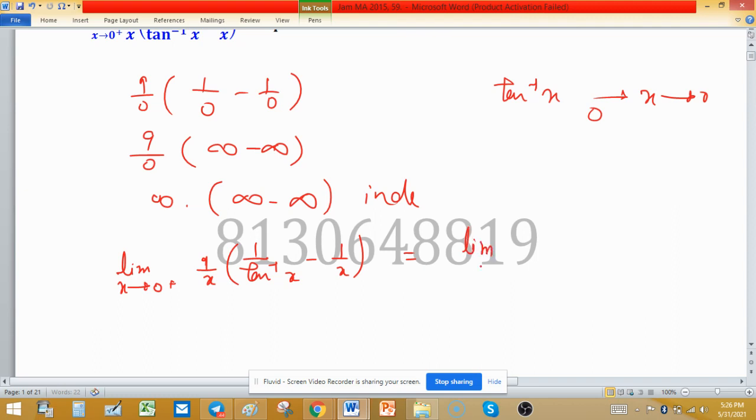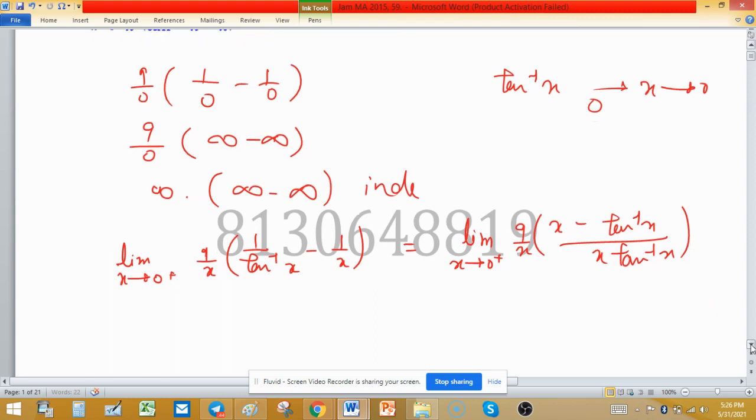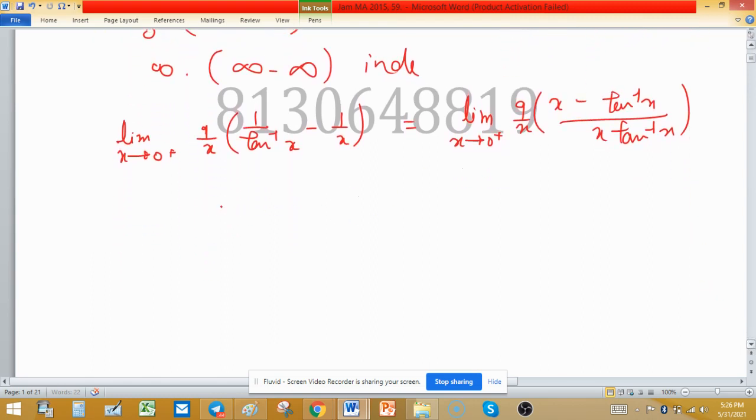So limit x tends to 0 positive, meaning we are approaching 0 from the right hand side, and this is 9 upon x, and within bracket x minus tan inverse x divided by x tan inverse x. So we have this structure, and we are going to solve this one. So limit x tends to 0 positive 9 upon x, this remains the same, and x minus tan inverse x